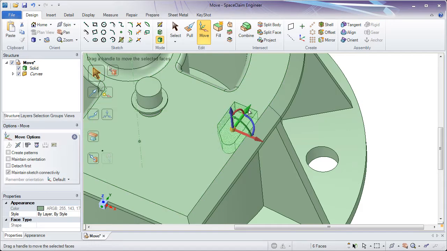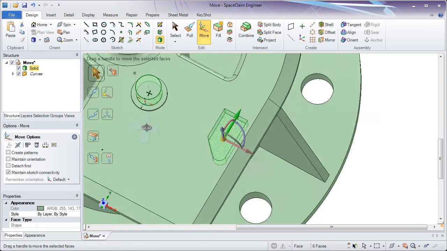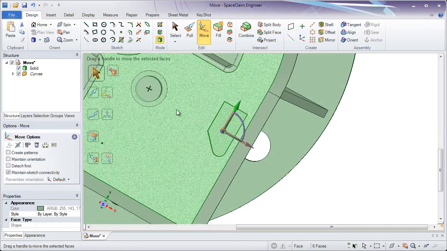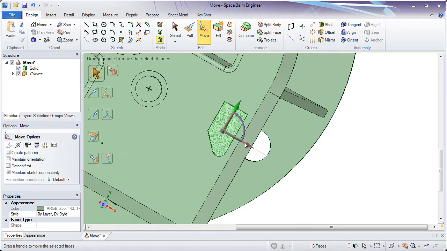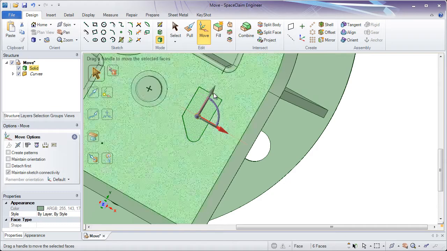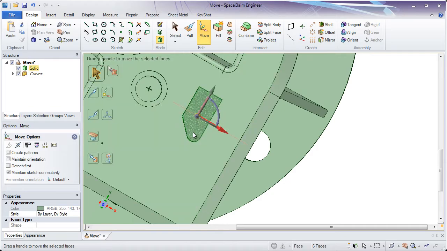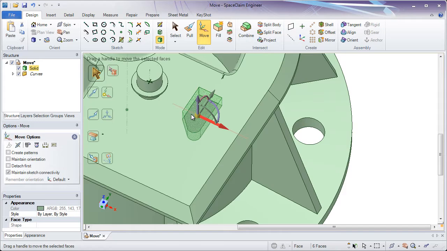And again, we'll pick a direction we want it to move in, the green direction. I'll hit up to, and I'll click on the axis of this part. Notice it moved it so that the Move tool is lined up to the axis. If I pick the red direction and say up to this point, it moves it in the red direction up to that point. But you notice the important thing is the Move tool is in the center of what I select. If you wanted this corner to be lined up to the center and lined up to this part,